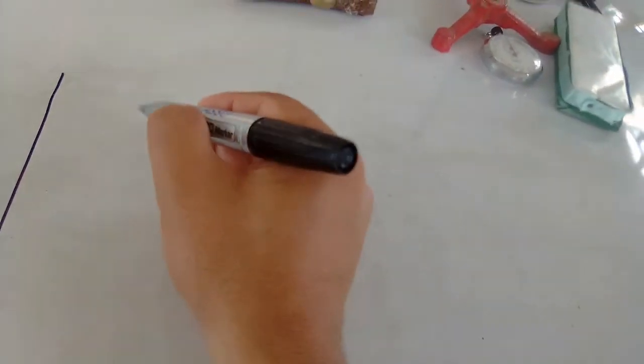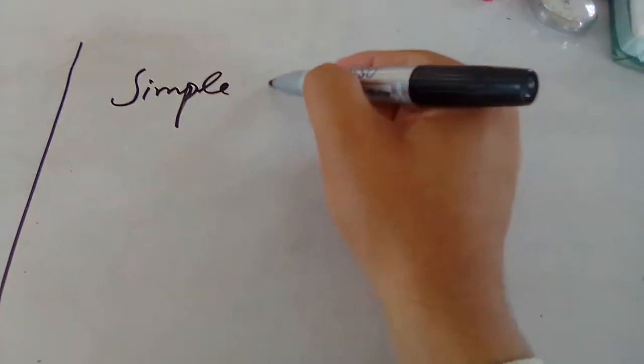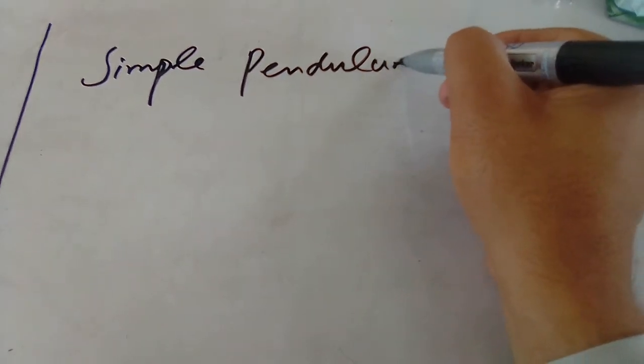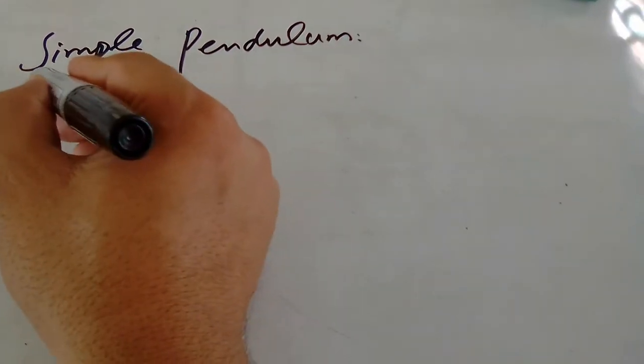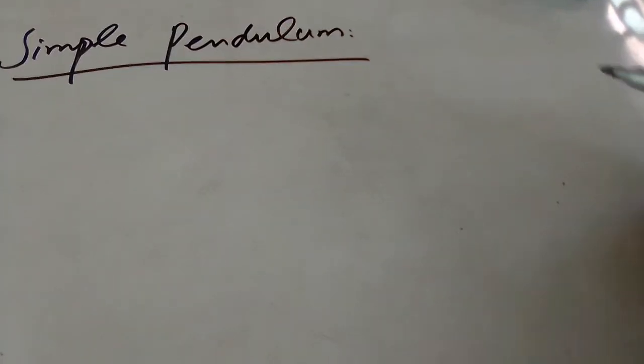Another example of simple harmonic motion. The topic I am going to discuss is another example of simple harmonic motion, which is called the simple pendulum. Simple pendulum. When a small